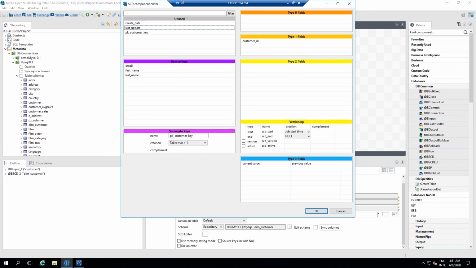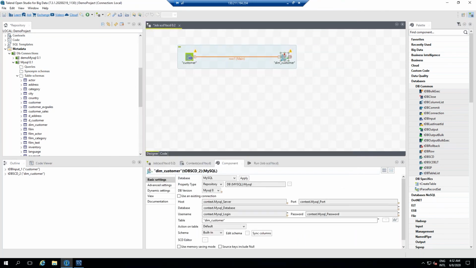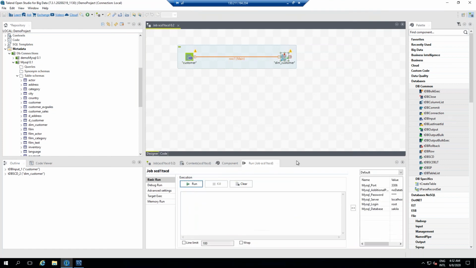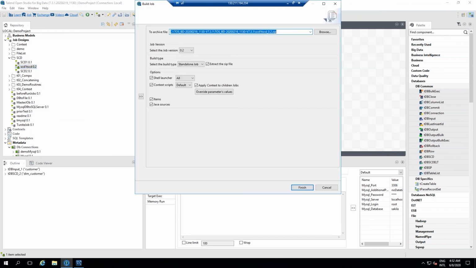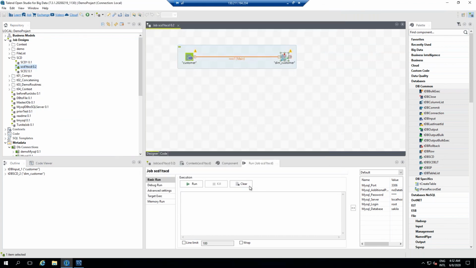Now what has been done is we have created our slowly changing dimension type 1 with the help of the SCD component, okay? Then what next needs to be done is we click OK and save it. Let's first of all build this job. Then simply we can execute it.